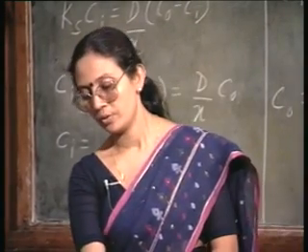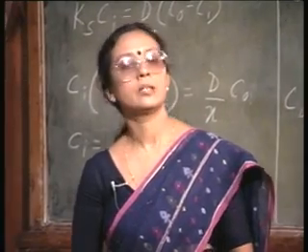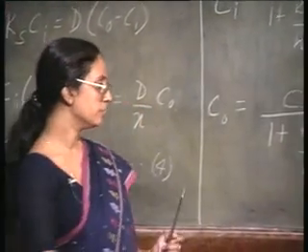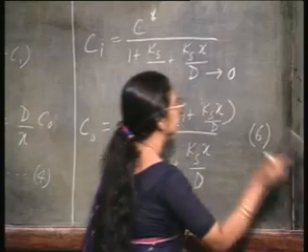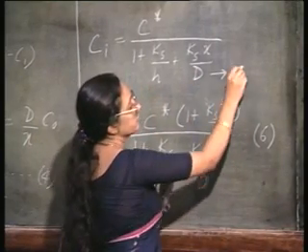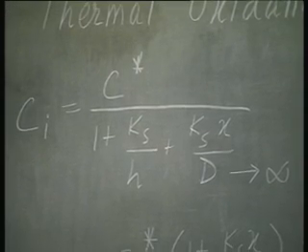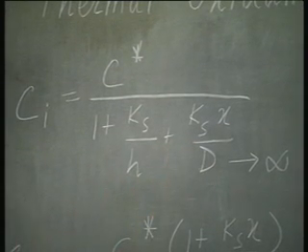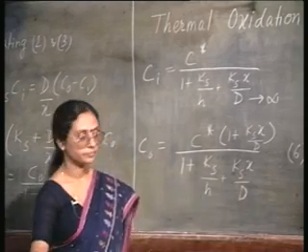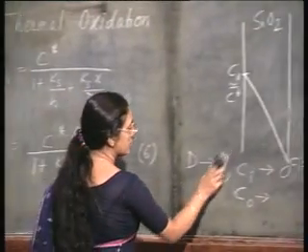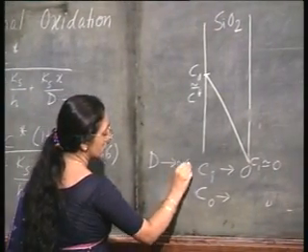Now, look at the other possibility. What is the other extreme? D tends to infinity, or let us say x by D is very, very small. When x by D is becoming very, very small, or in other words D is tending to infinity,